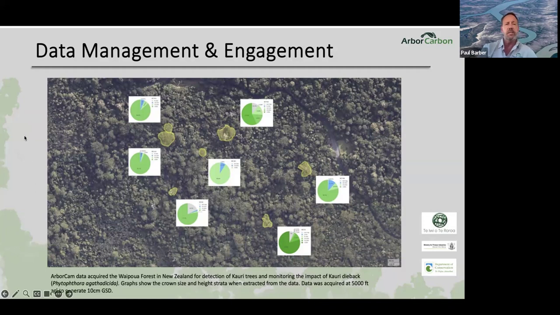And really, this is about providing the tools that they need to target their efforts on the ground and help determine whether to treat trees, for example, with phosphite to try to mitigate the impacts of Phytophthora and to reduce the spread. And so we do this work to facilitate the monitoring of those trees throughout the forest. Currently, we're looking at delineating all the trees throughout the 9 hectares of the forest using an AI approach on our data.